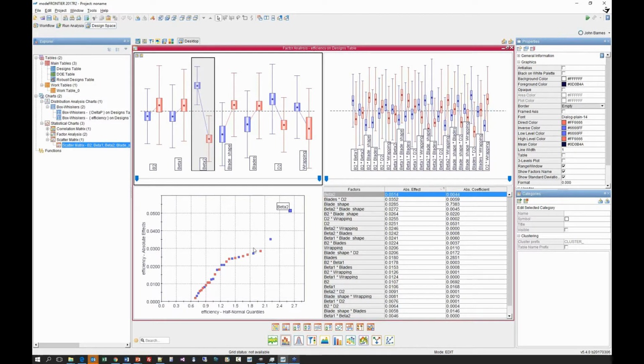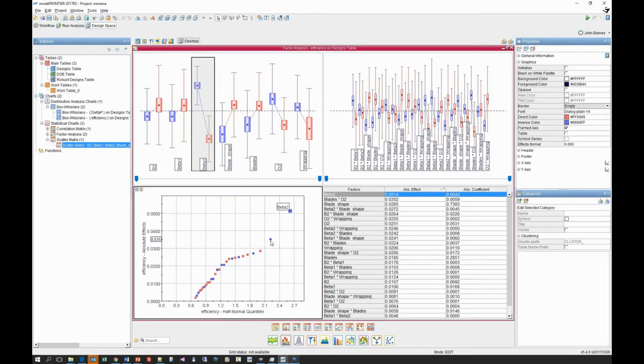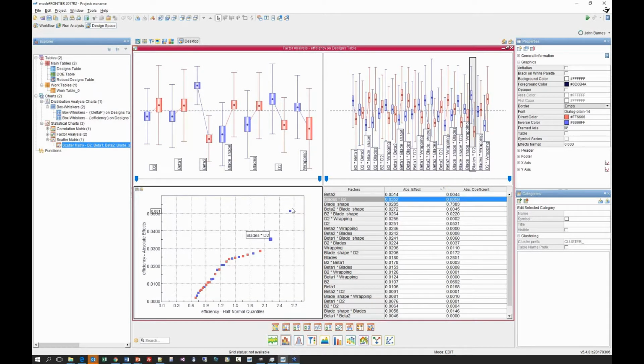We also see it in this plot as well, where we look at the absolute effects against the half normal quantiles. You just have to imagine a normal line going through these points, and typically where you get designs that are off the end and off the center line of these points, these will be the factors that we'll be most interested in.